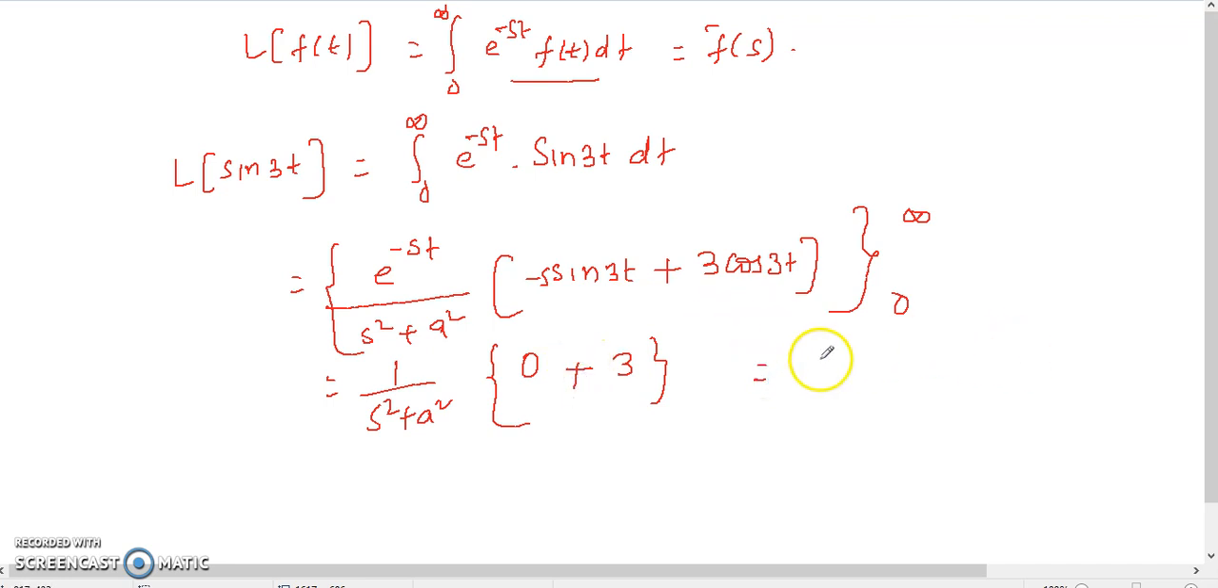So you can write here 3 by s square plus a square. Here a is 3, so I can substitute it: s square plus 9. So this is the formula for the Laplace of sine of 3t. So all the problems you can derive by using Laplace. Now we'll see here